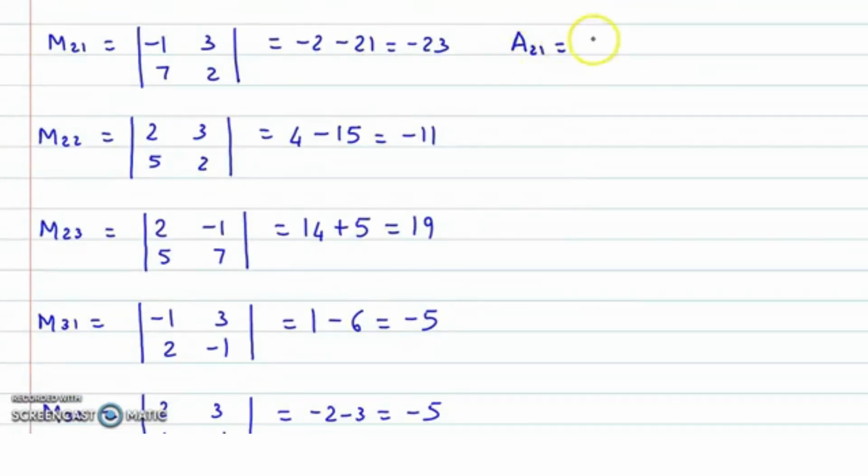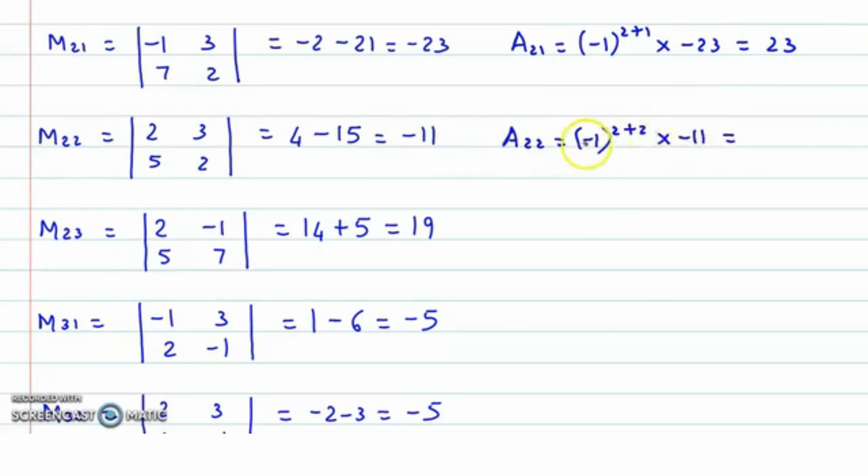A21 ये कोफैक्टर ढूंढते हैं. सो -1 raised to 2 plus 1 into -23. -1 का क्यूब that's -1 into -23 ये आ जाएगा +23. फिर A22 that's -1 raised to 2 plus 2 into -11. -1 raised to 4 ये हो जाएगा +1 into -11 so that's -11. Next is A23